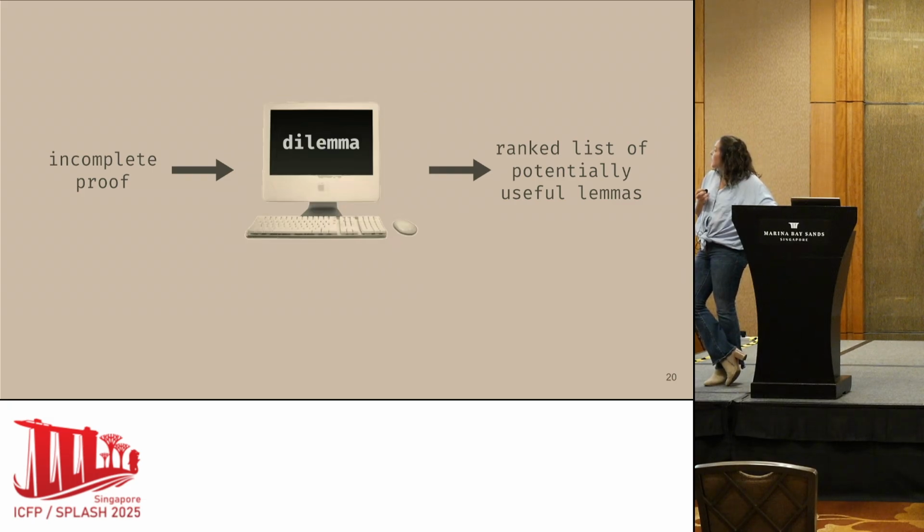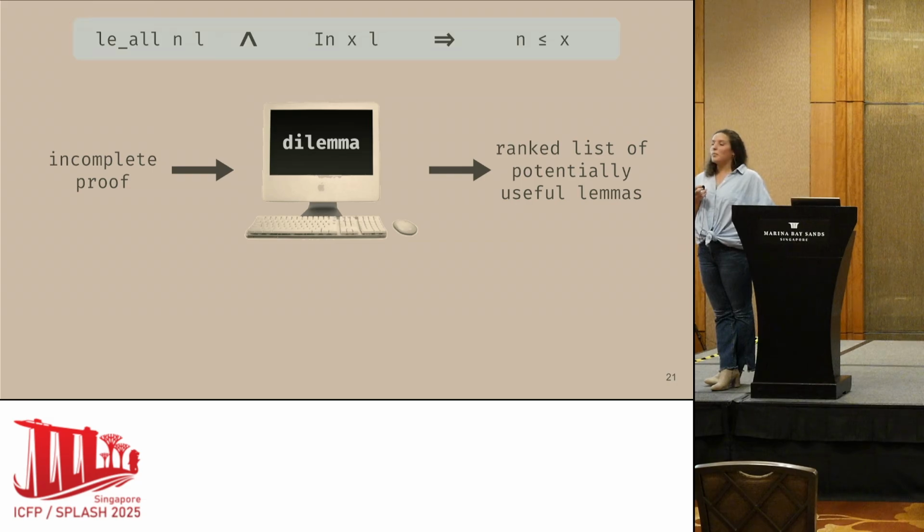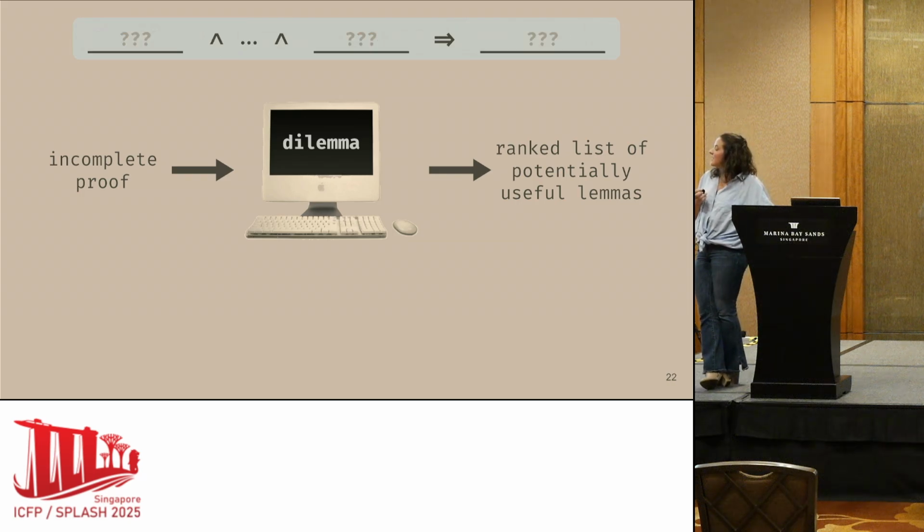And so we created a Rocq tactic called Dilemma that implements our approach. There have been prior attempts and successful attempts at lemma synthesis, so I'm going to talk a little bit about what makes ours different. If you remember from previous slides, this is the helper lemma that is provided within the scope of the Verified Functional Algorithms textbook that's used to help complete the proof that we care about. You'll notice that this lemma includes implicants and is an implication. So we're going to generalize this and say this is an implication lemma, just meaning that it has an